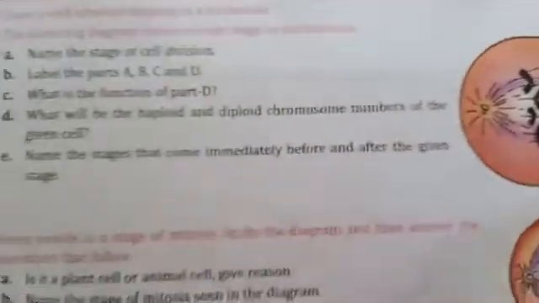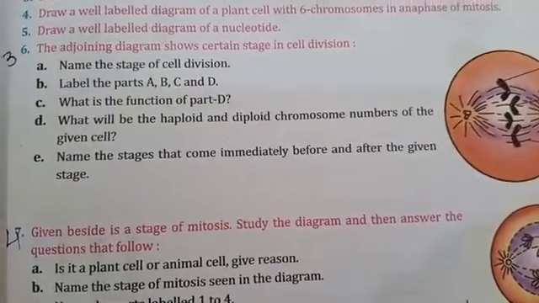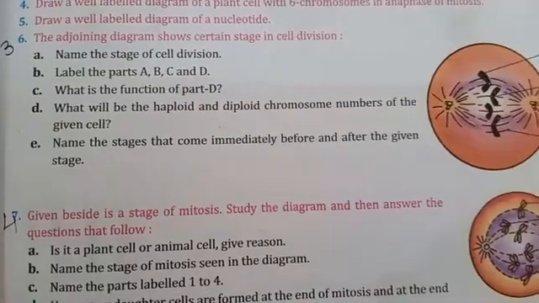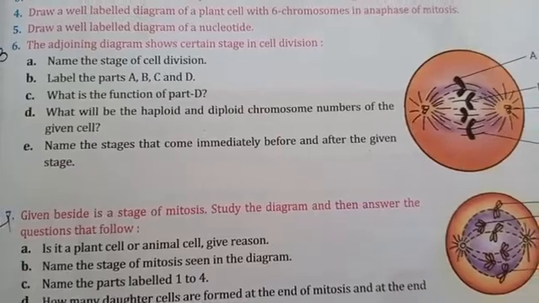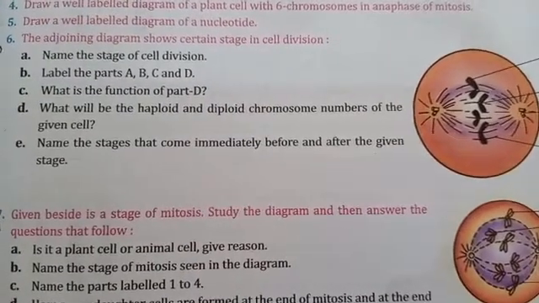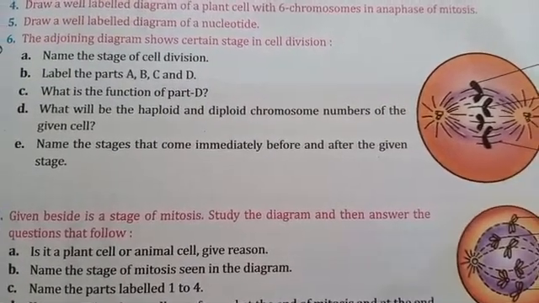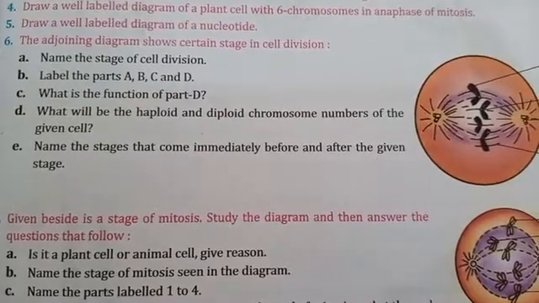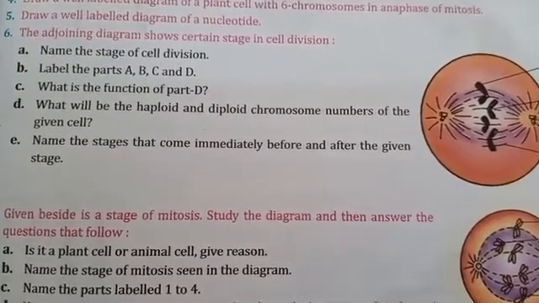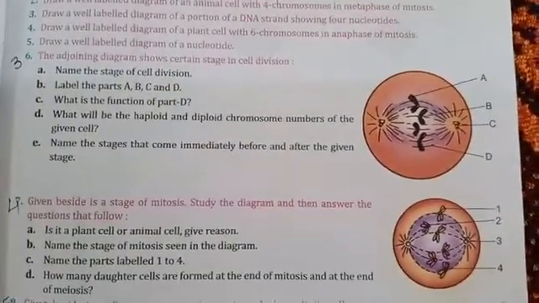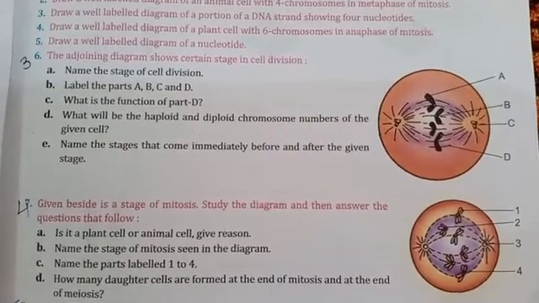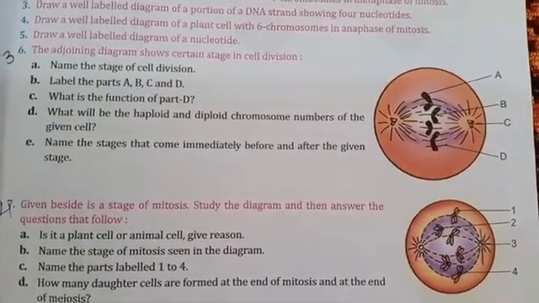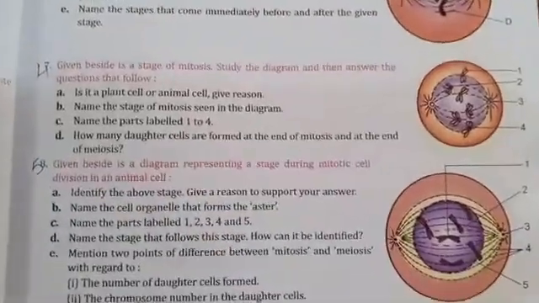Now see the question. Name the stage of the cell division. Label the parts A, B, C, D. What is the function of part D? What will be the haploid and diploid chromosome numbers of the given cell? Name the stages that come immediately before and after the given stage. So you have to do this question in your notebook. You will draw the diagram, you'll identify the stage, and then you will write all the answers. Come to the question number 4